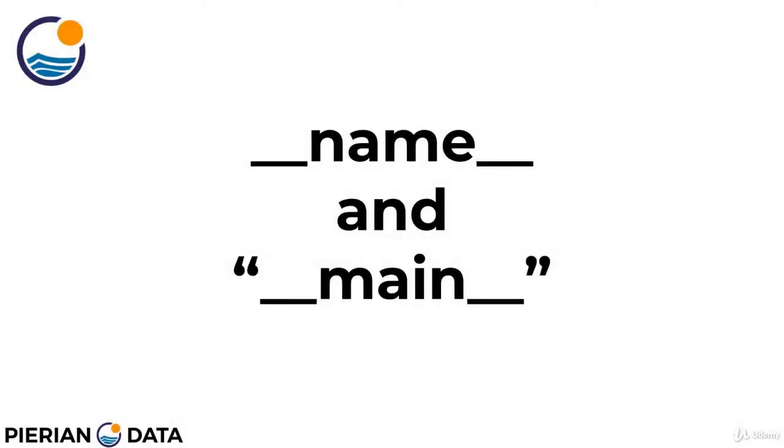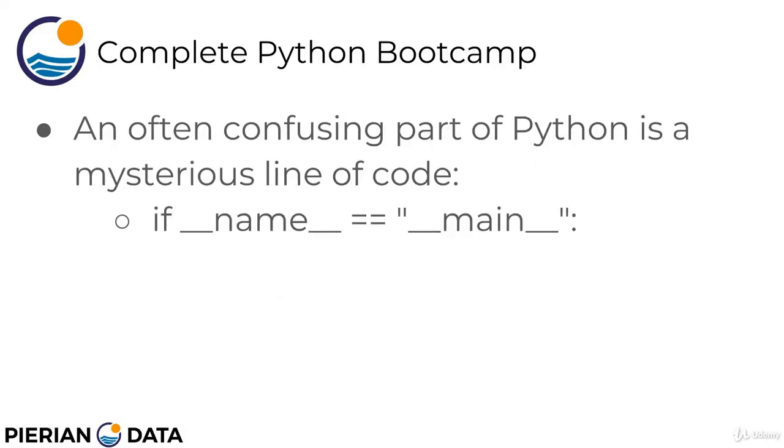To finish off this section of the course, I want to discuss these two ideas of __name__ and the string __main__. An often confusing part of Python is when you start looking at larger .py scripts that you haven't written yourself. You often see at the very bottom this mysterious line of code that says if __name__ is equal to the string __main__ colon,